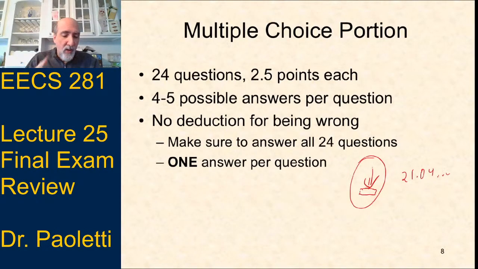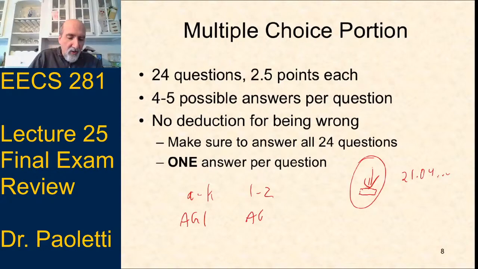One other thing. For downloading the starter files, remember, A through K is AutoGrader 1, and L through Z is AutoGrader 2. And I put those links in the Piazza post. So what you don't want to do is start the exam, close the exam, go back to Canvas, open up the link, then go back to the exam. Just have the link open ahead of time. The worst you'll have to do is refresh it to make the starter file visible.